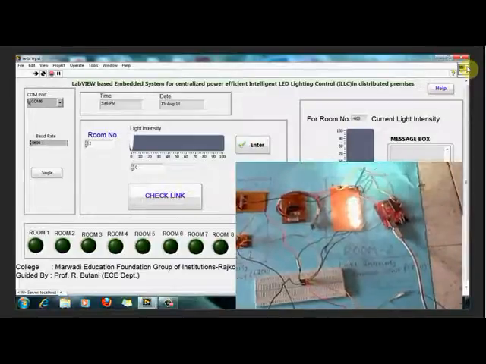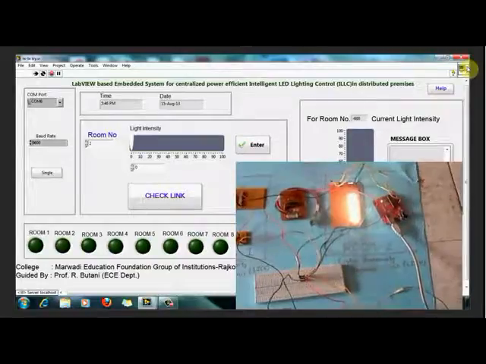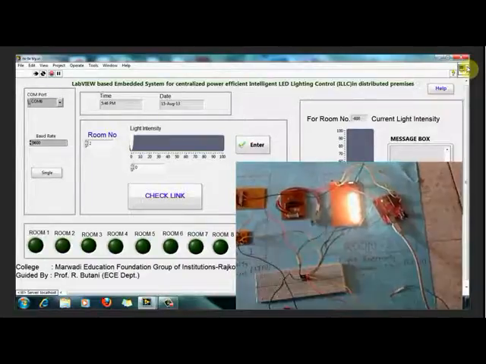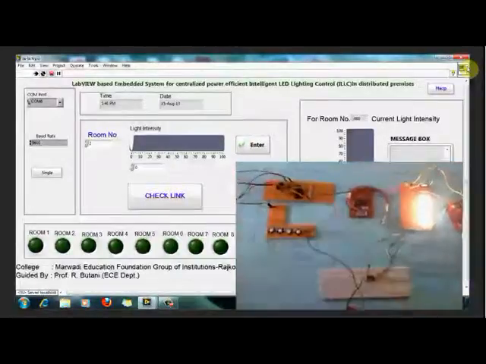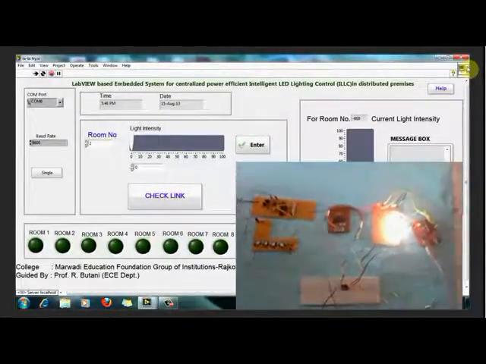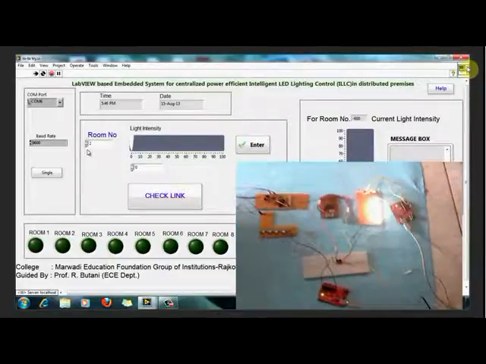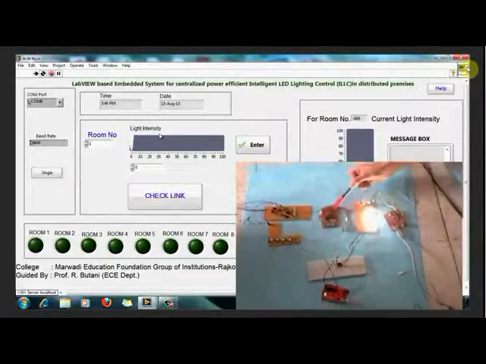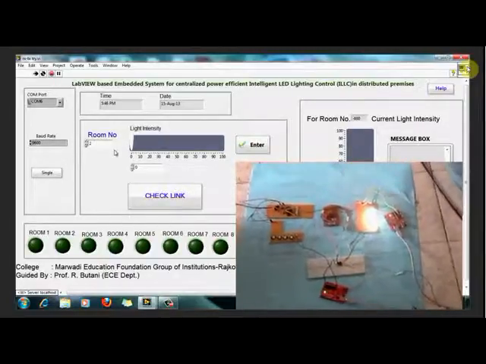And when the ambient light is decreased, then the intensity of the LED panel is increased. So in this way our project works. The same goes for room number 2 and various rooms. One point I would like to include is that this is wired, but we are planning to do it wirelessly. This is a CC2500 module which we will use for wireless communication.